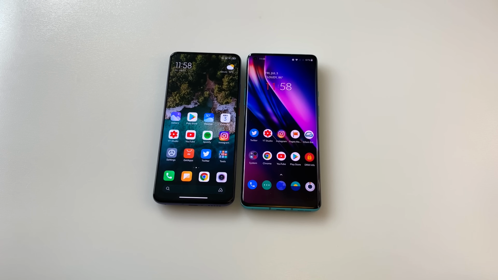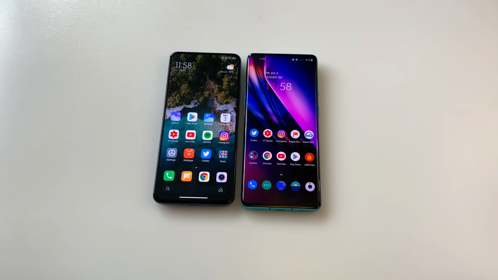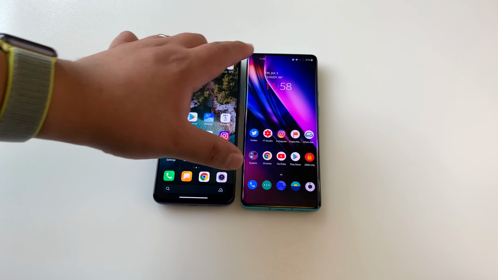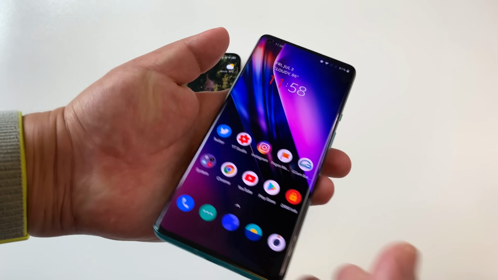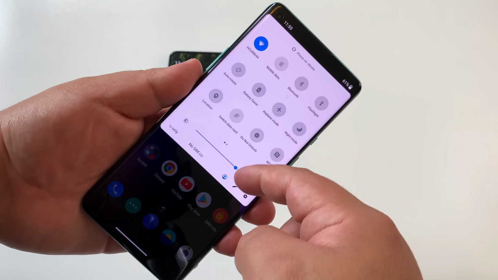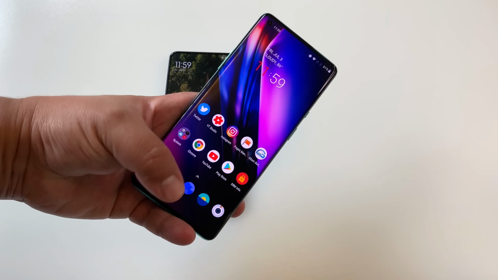It's really hard to say, guys. I have loved a lot of what MIUI 12 has brought to the table here, but I can't deny the fact, I've always been, guys, a stock Android lover, and I think the more Oxygen OS got right, the more it even surpassed stock Android in my view. This is the reason why people love using this software skin. And from the gorgeous animations in the control center to just the fluid, incredible experience here,